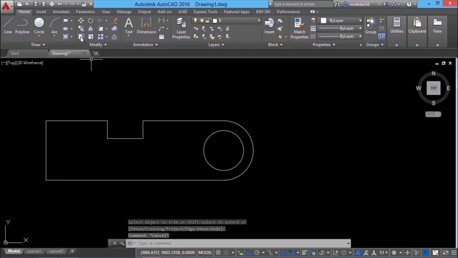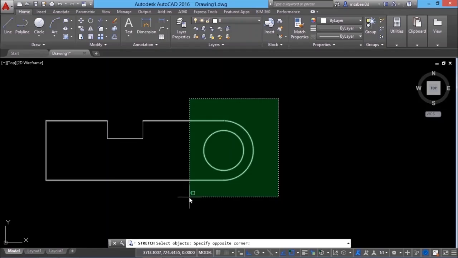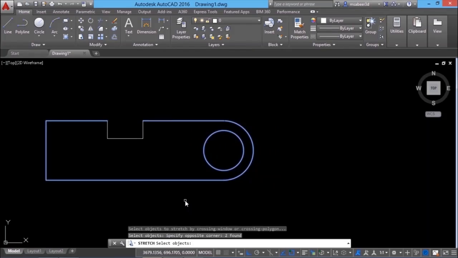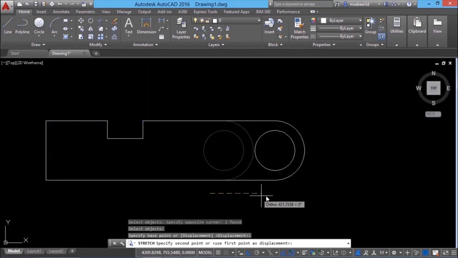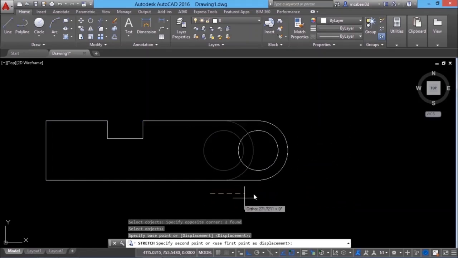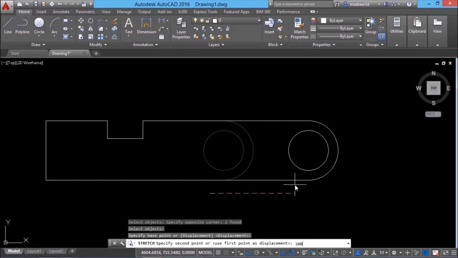Next, I'll perform stretch command on this figure. When I'm asked to select objects, I'll pick my first corner here and drag the mouse leftward to create a crossing window. And I'll pick the lower left corner here to complete the window. Now you can see that certain points on the object are included in this window. And when I pick the base point and second point over here, only that particular portion will get stretched. The second point I'll define rightward at a distance of 1000 units.